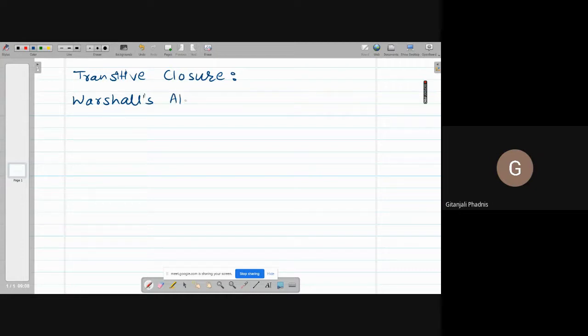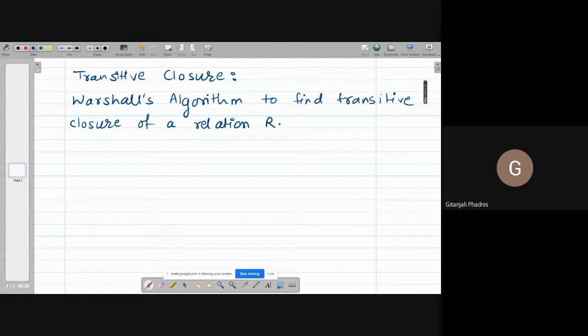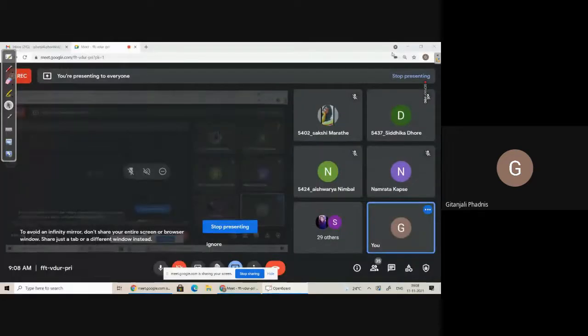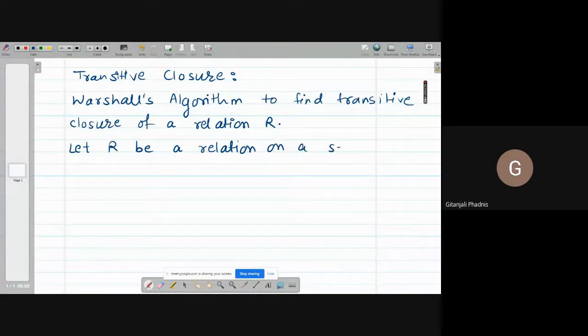Warshall's algorithm to find the transitive closure of a relation R. Let R be a relation on a set A, suppose, and the elements are identified as A1, A2 up to AN. Okay, so step 1, set